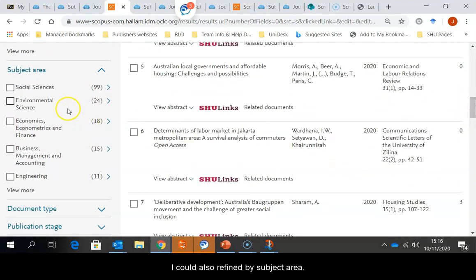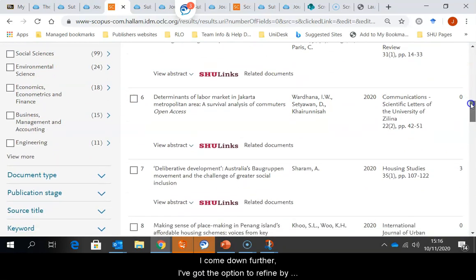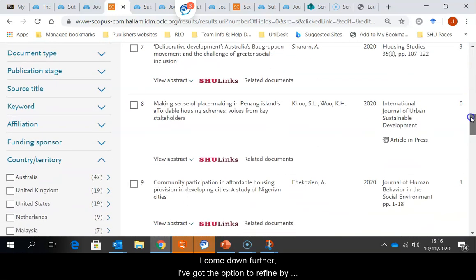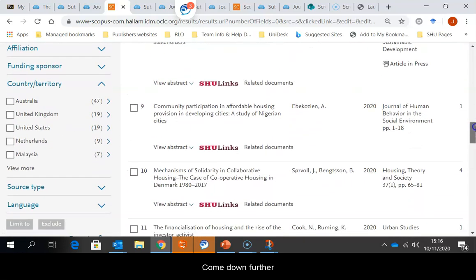I could also refine by subject area. If I come down further, I've got the options to refine by country or territory. So it might be that I'm only interested in the UK resources. If I come down further,